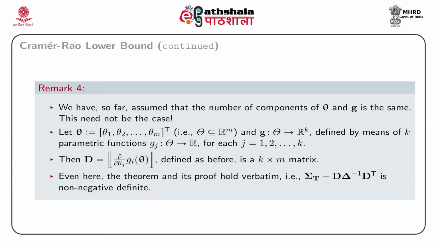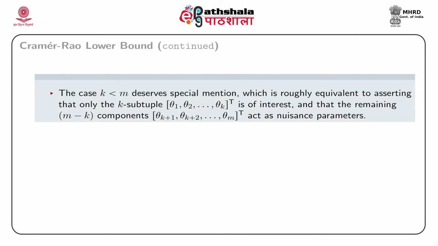Then the theorem states that sigma_T minus D delta inverse D prime is non-negative definite for all theta belonging to script theta, which is a subset of R to the power m. The proof is exactly similar to the case k equals m. The case k less than m is usually of interest, which corresponds to, for example, estimating theta 1, theta 2, up to theta k only, while theta k plus 1, theta k plus 2, up to theta m act